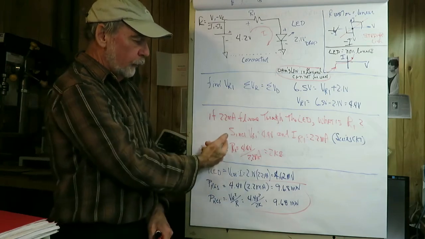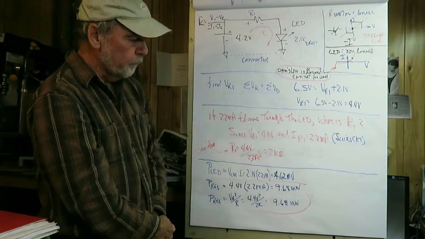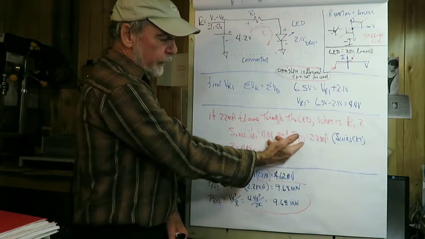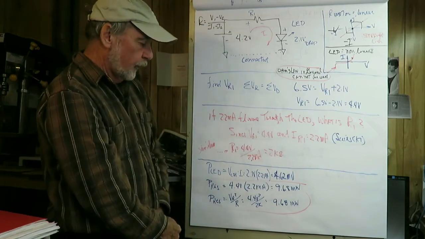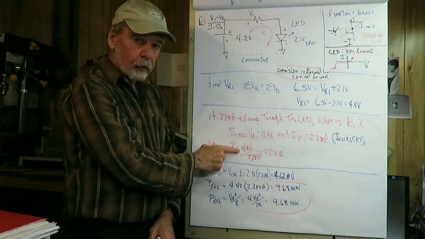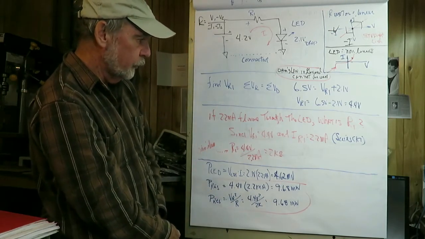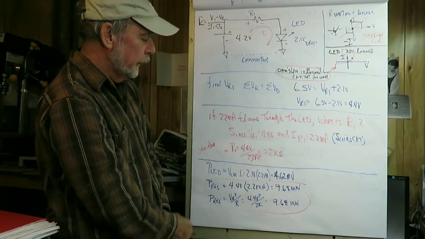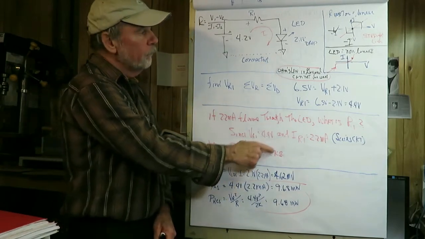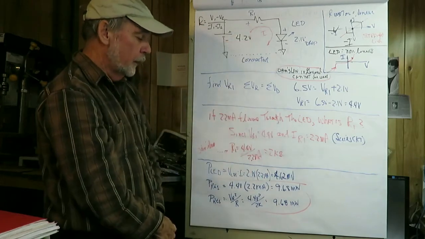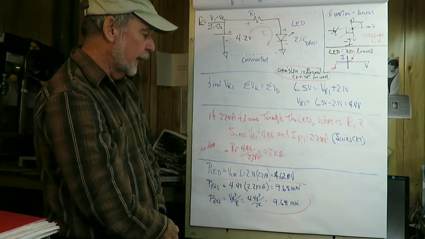Well, we know that the voltage across R1 equals 4.4 volts from before, and we just stated that IR1 equals 2.2 milliamperes. If we go to find R1, it's just Ohm's law, which is 4.4 divided by 2.2. Yeah, it should be 2.1, but whatever. It comes out to be approximately 2K. So that would be the value of R1, which basically would limit the current in the light-emitting diode to about